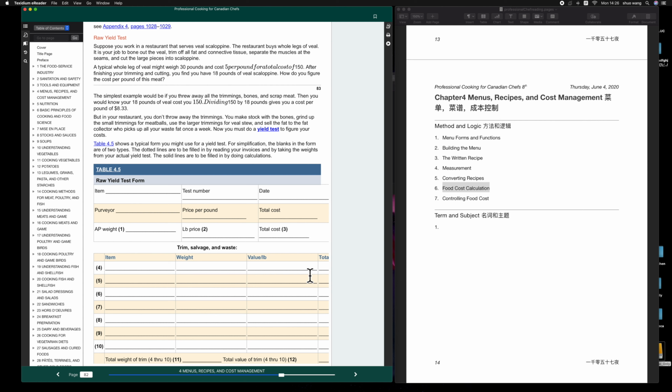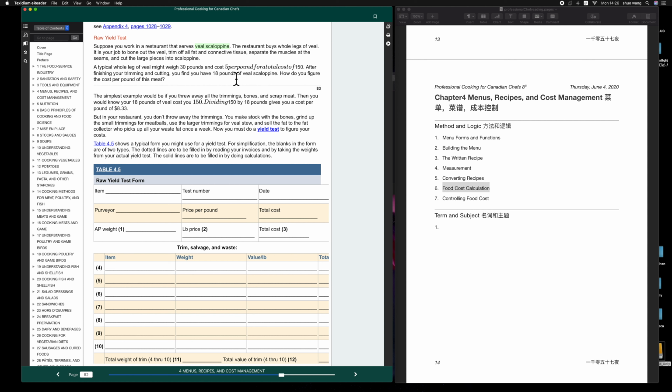It is your job to break down the veal, trim off all fat and connective tissue, separate the muscles at the seams, and cut the large pieces into scallopine. 这个词我不知道，我们之后查一下。A typical whole leg of veal might weigh 30 pounds and cost $5 per pound for a total cost of